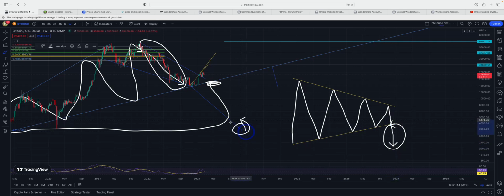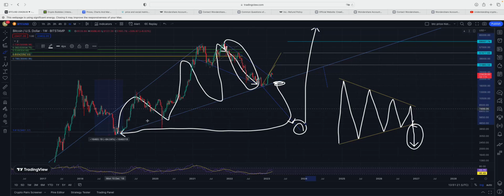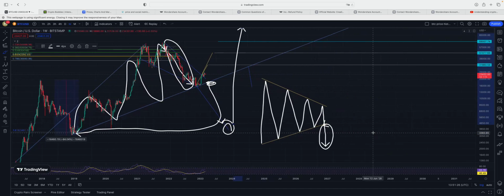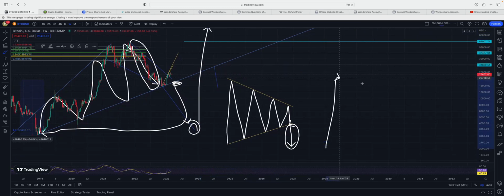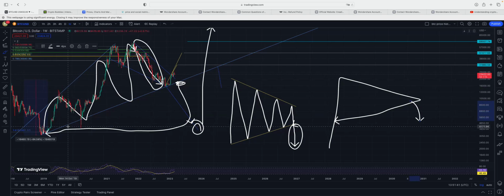The fake move can take us to 3,000, where it will go back up to the upside because it ascended from the downside. Yeah, so basically it's like a bull pennant, like so, and you can take it like so. So normally the bias is to the upside, but you want to see a fake move somewhere. That fake move will be if BTC ever drops below this